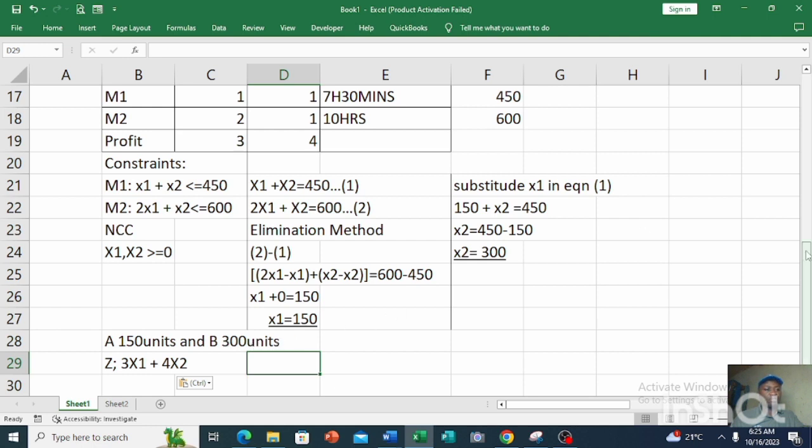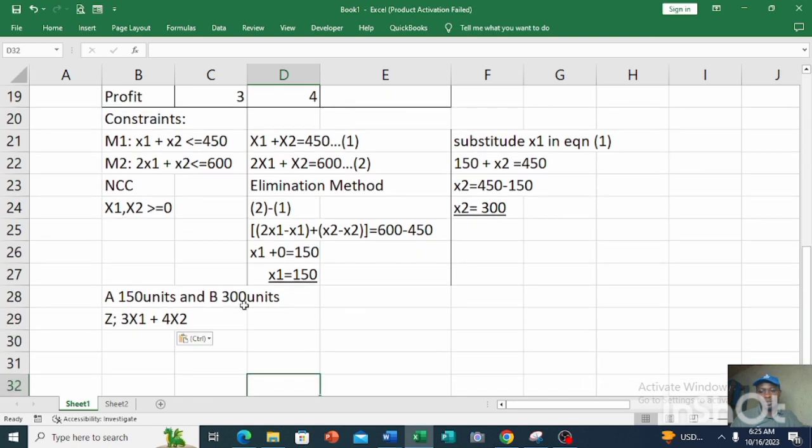If you want to know the profit that they can generate at the end, you're going to have to take 150 and substitute in place of x1 and 300 in place of x2. So let's just try it. So we are going to have 3 into 150